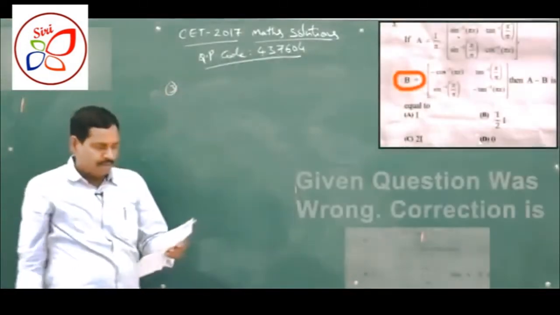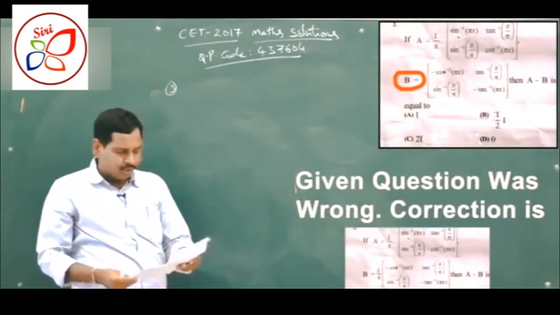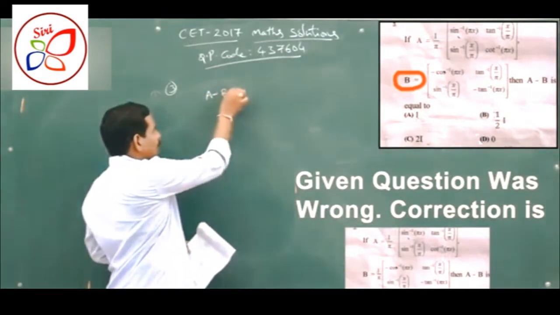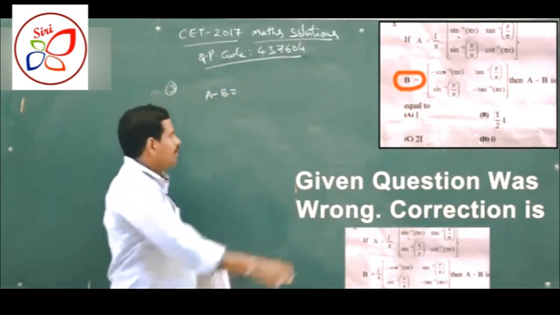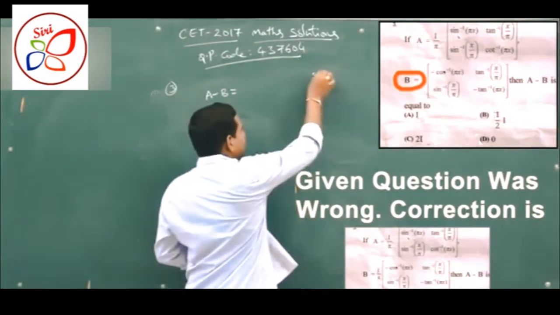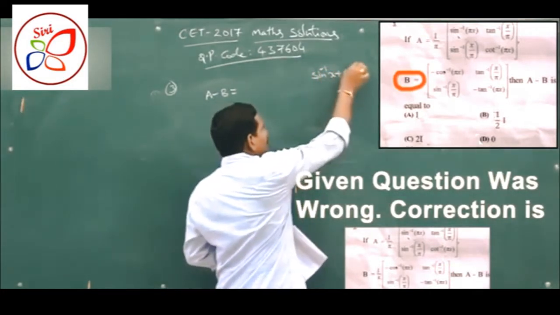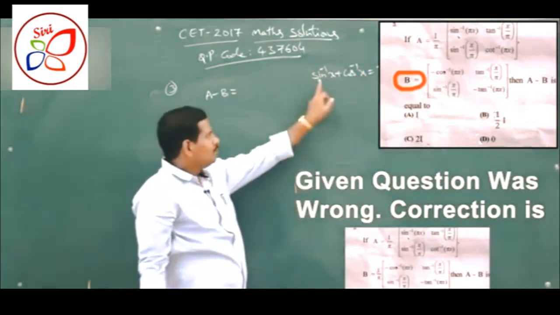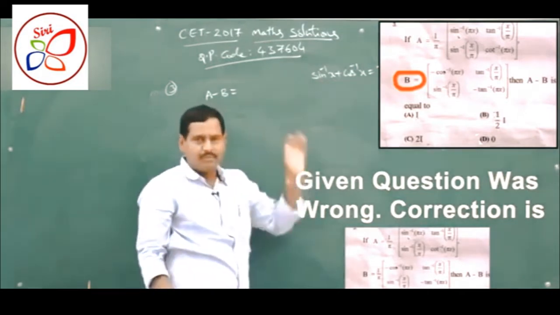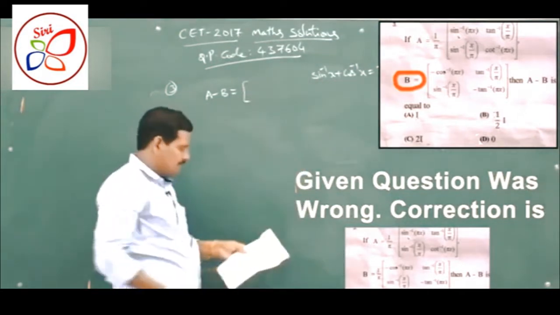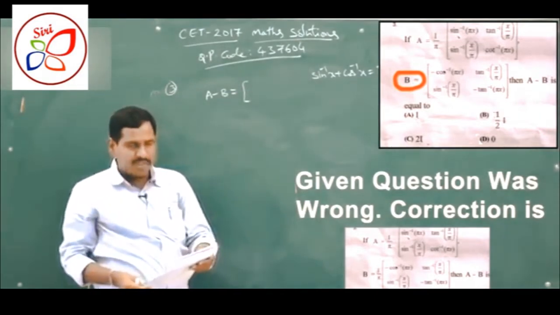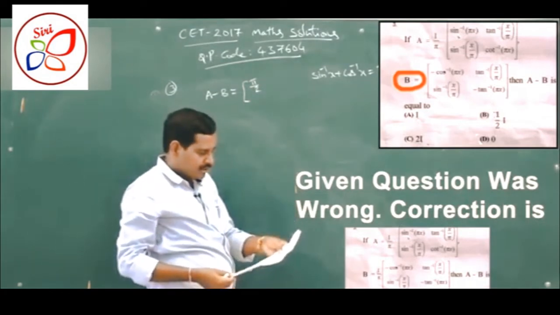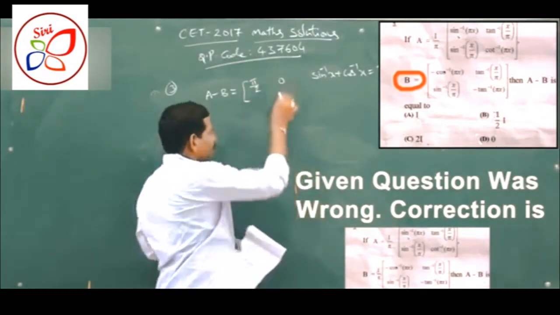Third question. This one is interlinked concept. Two matrices A and B are given. What is the difference A minus B? To answer this, we know the formula from ITF. Sin inverse x plus cos inverse x is equal to pi by 2. Same thing for tan cot, secant cosecant. If you subtract, A minus B is equal to, obviously sin inverse plus cos inverse value pi by 2. Second one both are same, so we'll get 0.